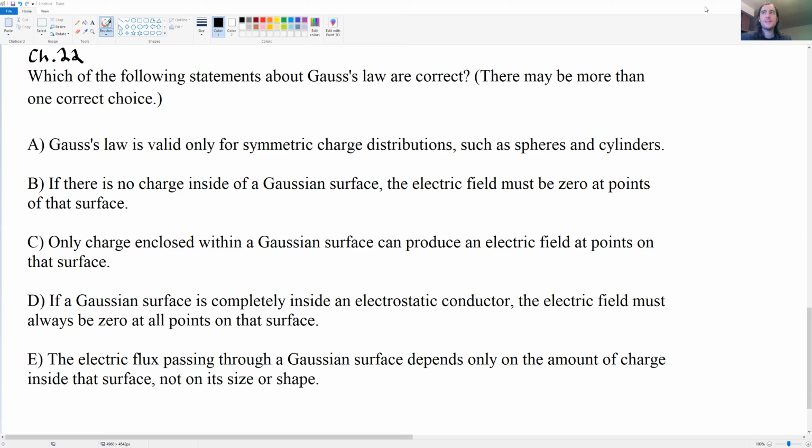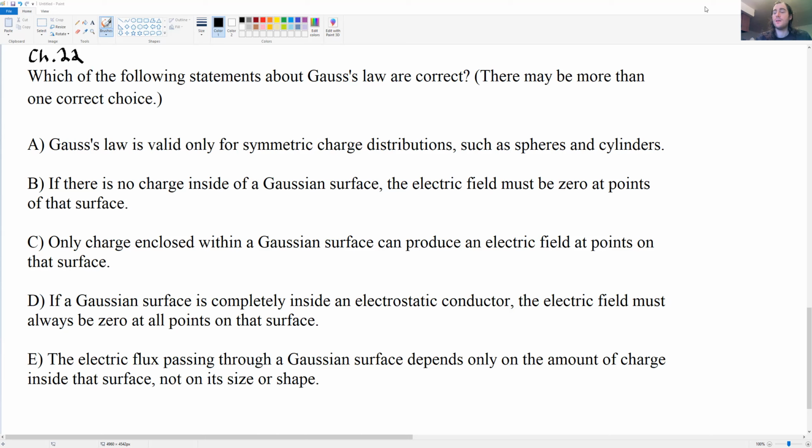Which of the following statements about Gauss's law are correct? There may be more than one correct choice. Okay, and so the statements are as follows. A, Gauss's law is valid only for symmetric charge distributions such as spheres and cylinders. B, if there is no charge inside of a Gaussian surface, the electric field must be zero at points of that surface. C, only